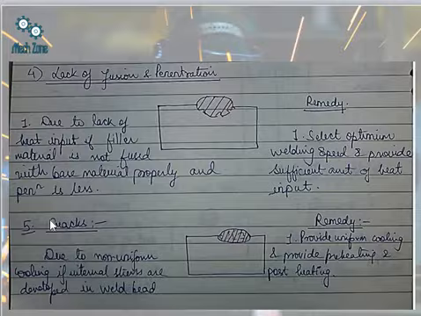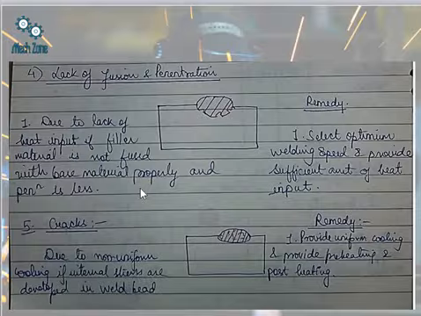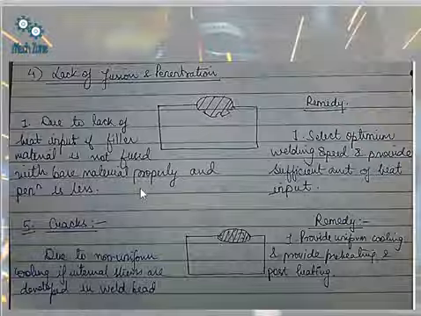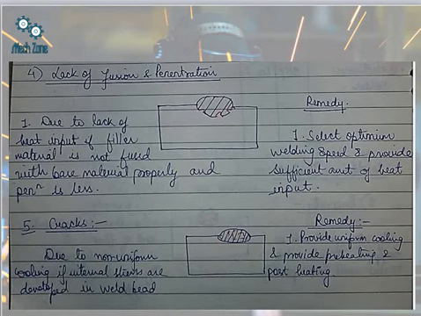So the next type of defect is cracks. क्योंकि due to the non-uniform cooling, if the internal stresses are developed in the weld bead, then it will lead to cracking. तो इसका क्या है? हमें यूनिफॉर्म कूलिंग एंड प्रोवाइड प्री हीटिंग एंड पोस्ट हीटिंग. तो मतलब वेल्डिंग करने से पहले भी प्रॉपर हीटिंग करनी चाहिए और वेल्डिंग करने के बाद भी अगर हम हीट कर रहे हैं then it will definitely lead to reduction of the cracks.